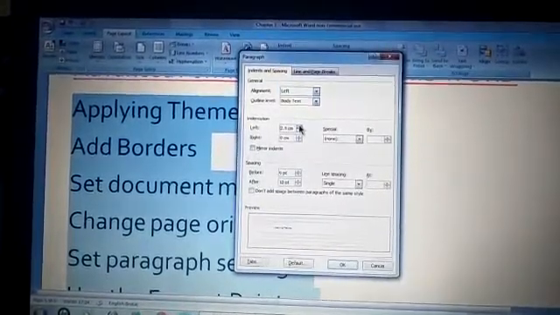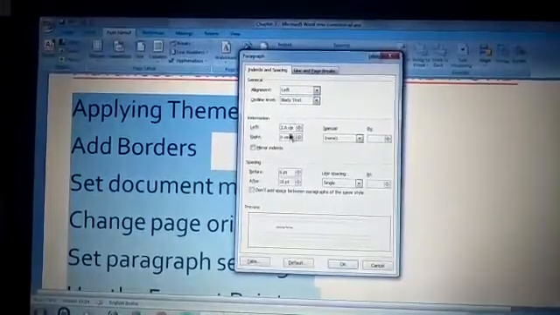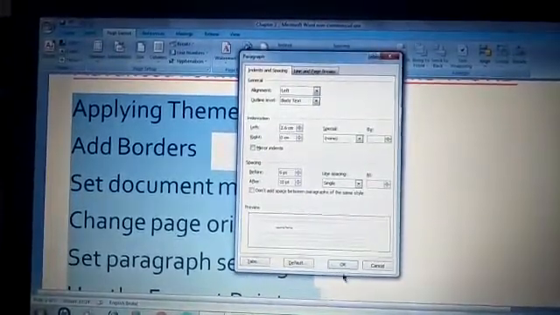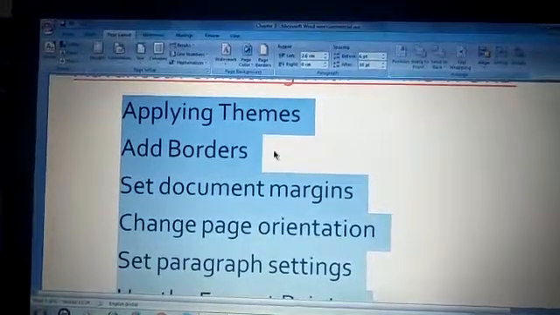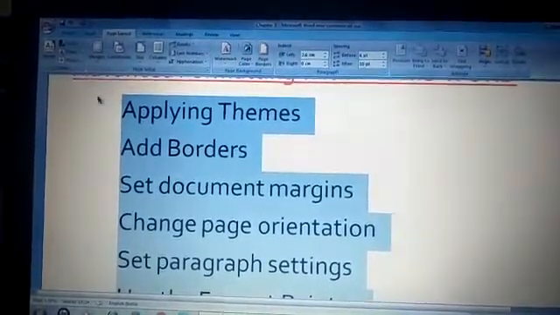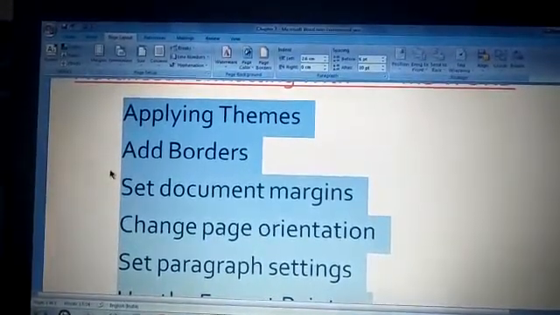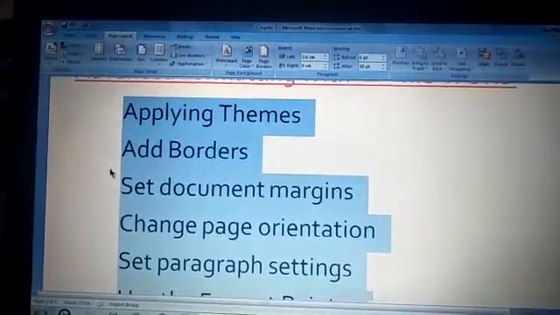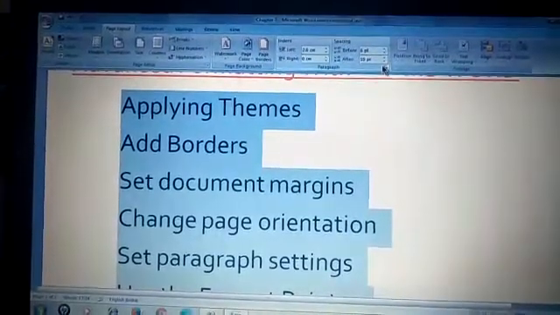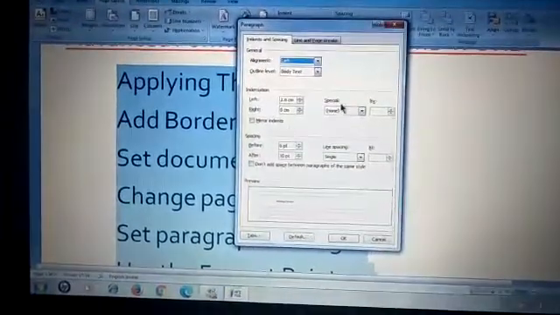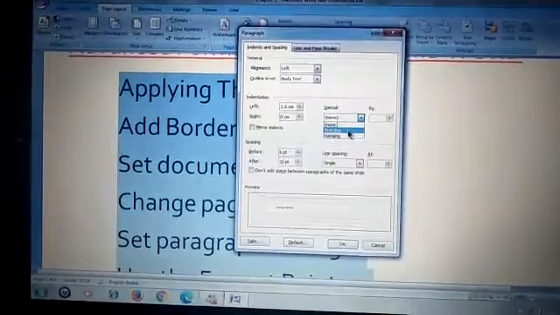I've increased with the help of this box, known as the spin box. I've increased the distance to 2.6 centimeters and then I'll click on OK. You can see the distance has increased. अब आप कुछ भी टाइप करेंगे तो नेक्स्ट लाइन 2.6 सेंटीमीटर्स दूर होगी आपके लेफ्ट बॉर्डर से. सेम वे आप राइट साइड के लिए भी अप्लाई कर सकते हैं एंड यू कैन सेट द इंडेंटेशन. नाउ इंडेंटेशन can be for the first line only.